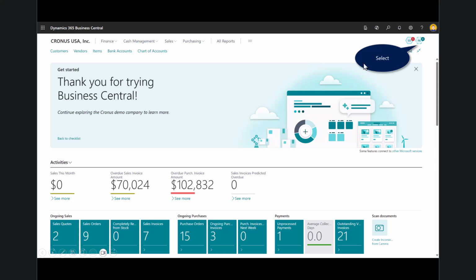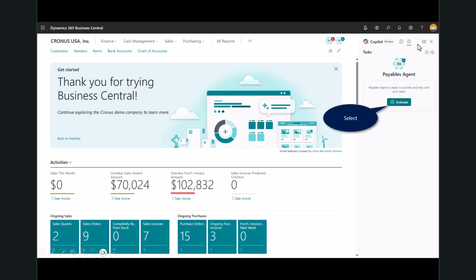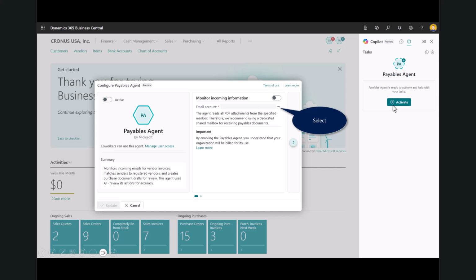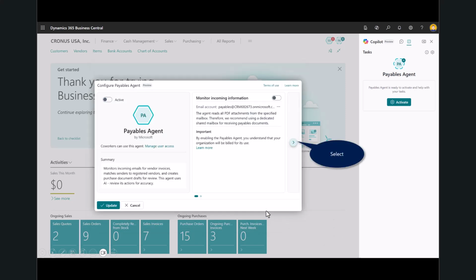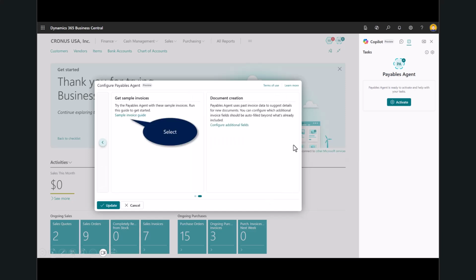You'll notice here, if it's the first time setup, there's a plus sign representing the need to initiate the agent with the activation. So I'll go ahead and activate. Let's select the email account that we want associated with the agent. That's the shared mailbox you just set up. You'll select the M365 account here for payables. The configuration of the agents, this does apply to both the sales agent and the payables agent, will span multiple pages. At the time of this recording, this is what's available.